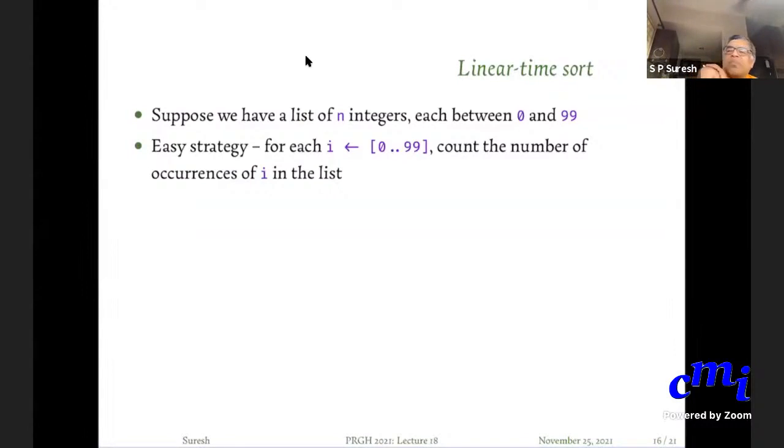Suppose I'm conducting a huge exam, let us say, for millions of students. But the marks that each person can get can only be from 0 to 99. Of course, 0 to 100, let us say, and I want to sort according to marks, then I won't go through the whole list and try to do this thing. No, it's easier to just count the number of people who scored 0, number of people who scored 1, etc., and then put it out that way. So that is your linear sort.